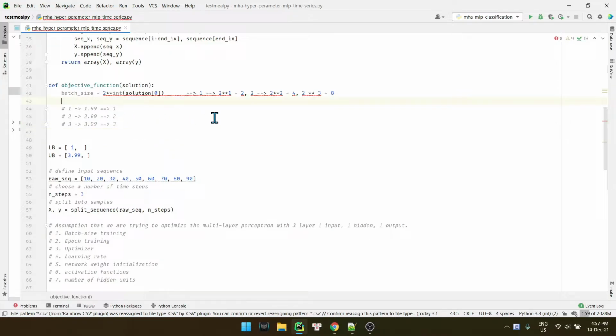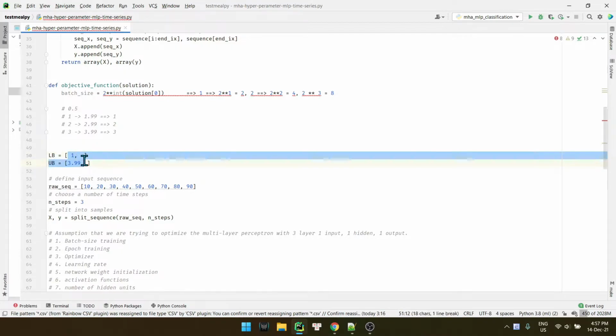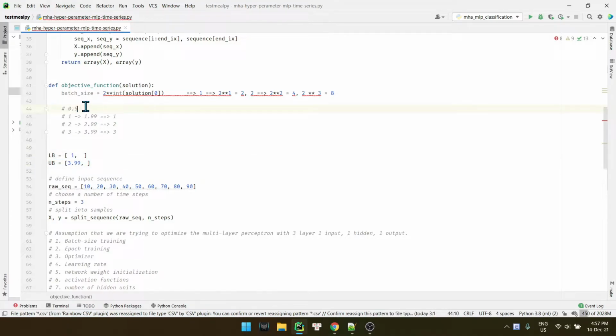So what if this solution returns a value such as 0.5? It will never happen because the lower bound is 1, so it always returns a value inside this range, so we don't have to worry about it.